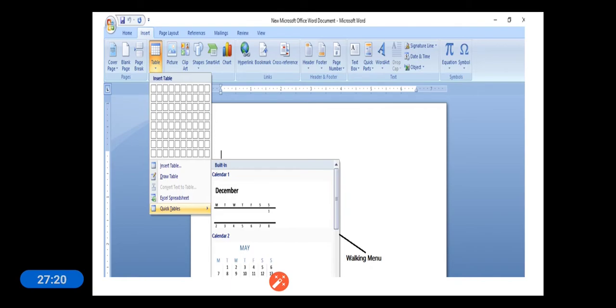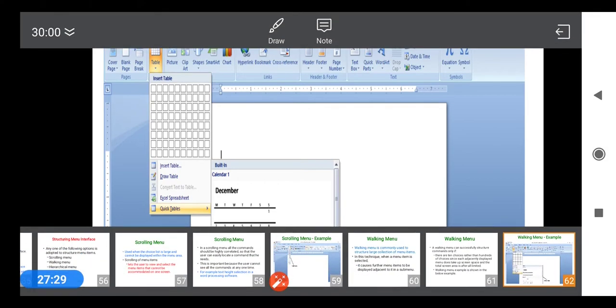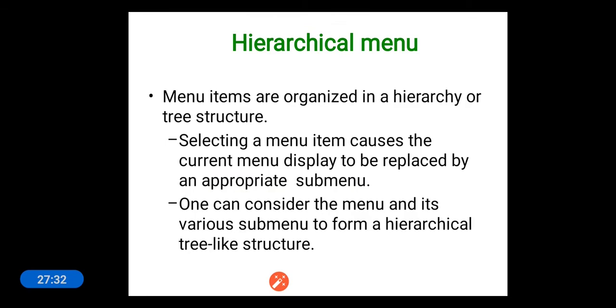Here we are having three menus: one is the Word file menu, next is the table selection, and next is related to the quick tables. And the third one is the hierarchical menu. This hierarchical menu is related to the walking menu itself, but the only difference is that in a walking menu all the menu windows are displayed adjacently, whereas in the hierarchical menu the submenu is displayed on the next page.